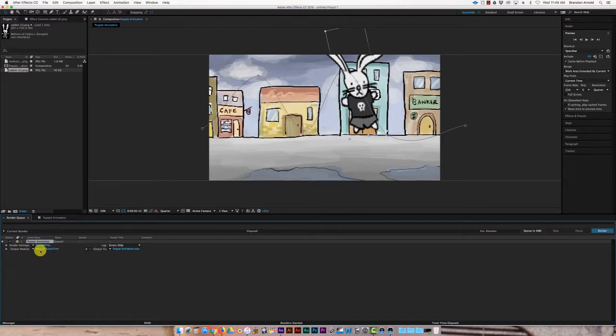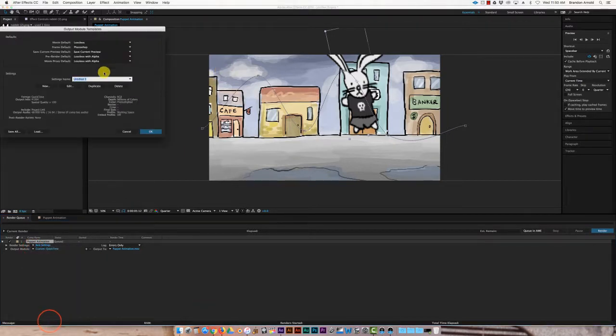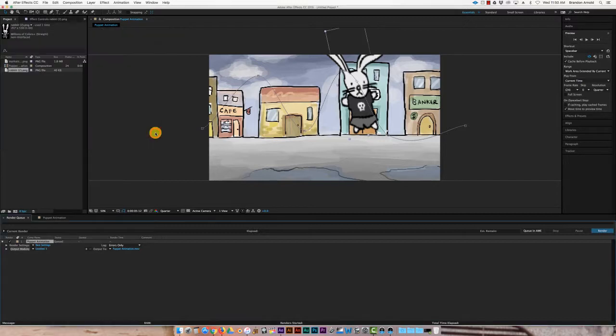And now it'll say custom QuickTime, and I don't want to have to do that every time that I export something, so let's turn this into a template. And we'll just name it h.264 and hit OK. Alright, so now I've got this as one of my options. I can just choose that setting. Over here, yours probably says not specified or something like that. So I can click on the name of that,